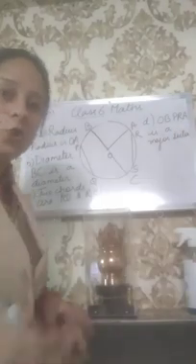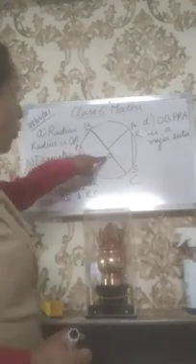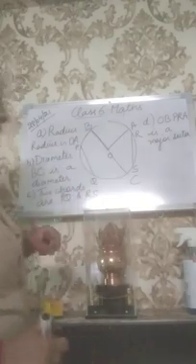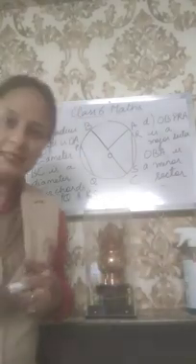O, B, P, R, A is a major sector. It is a major sector, the bigger one. And which one is the smaller sector? Can we name it? It is O, B, A, right? O, B, A. So OBA is a minor sector. Fine. Are you able to understand this?